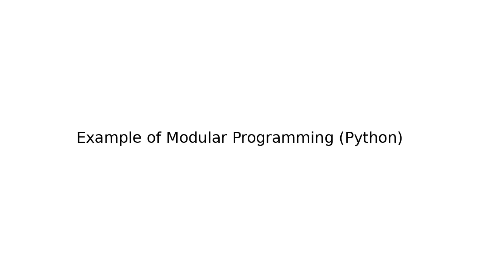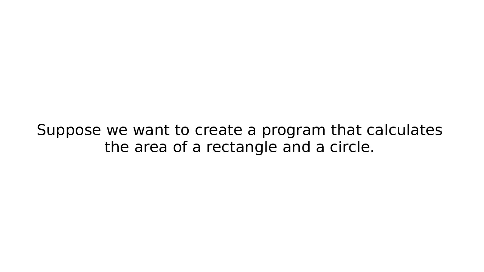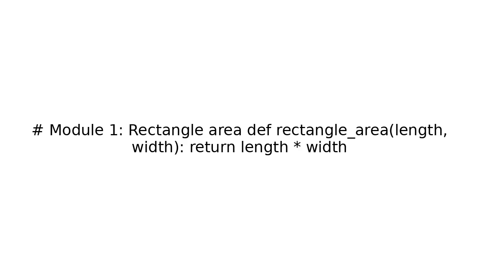Example of modular programming. Python. Suppose we want to create a program that calculates the area of a rectangle and a circle. # Module 1: Rectangle area. def rectangle_area(length, width): return length * width. # Module 2: Circle area. def circle_area(radius): pi = 3.14159